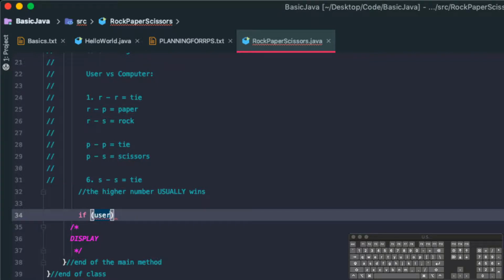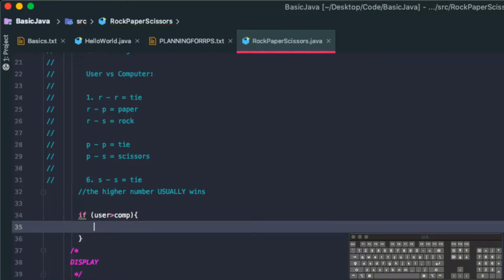If user is greater than computer, right, we want to have a print statement that says System.out.println, and in between these quotes we will write that user, so you have 1, right? Now I'm going to close this off, and then